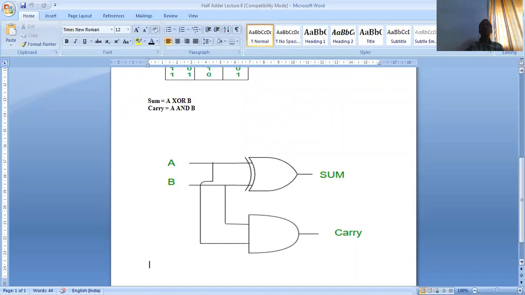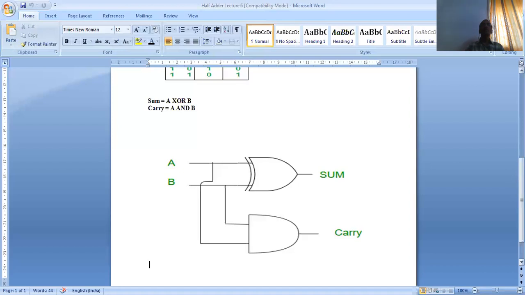In the case of XOR gate, the output depends on two inputs A and B. Okay? Then the output of XOR gate is like this: